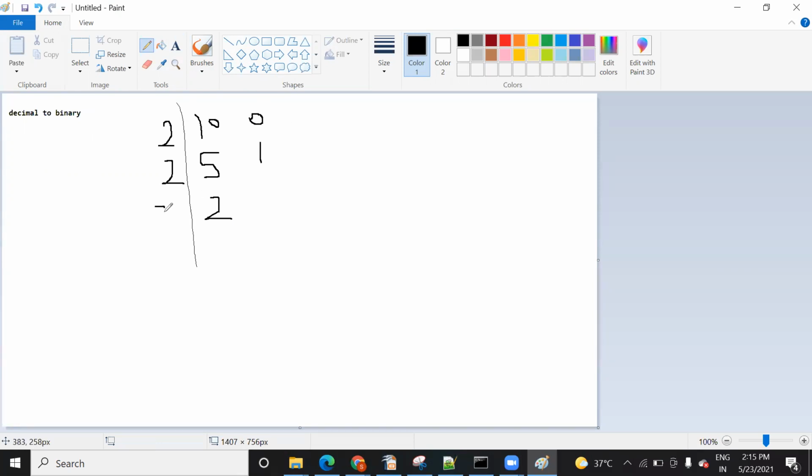When you divide 2 again by 2, you will get remainder 0, and the quotient is 1, because 2 ones are 2, 2 twos are 4 plus 1 remainder, 2 fives are 10, that is 0 remainder. Now in order to convert decimal to binary, you need to move from bottom to upward and take down all those remainders. So in this way, when you convert this 10 to binary, you will get 1010, right?